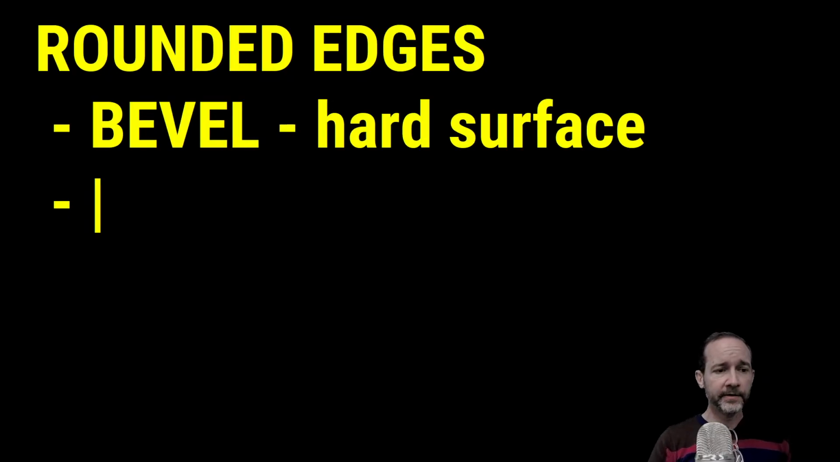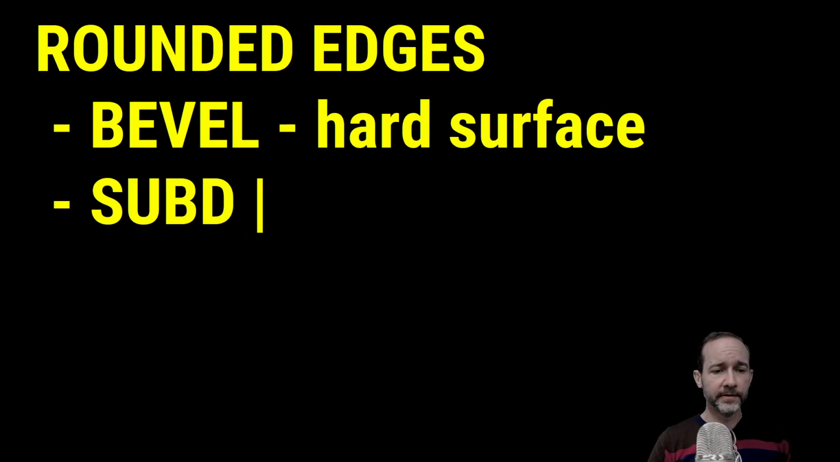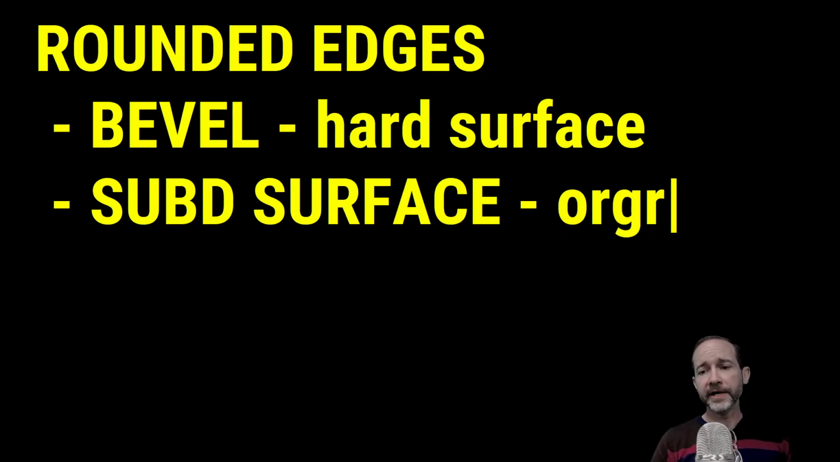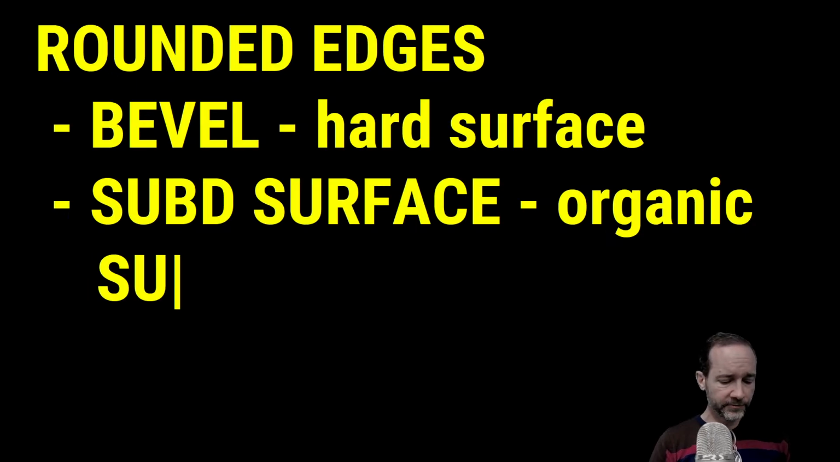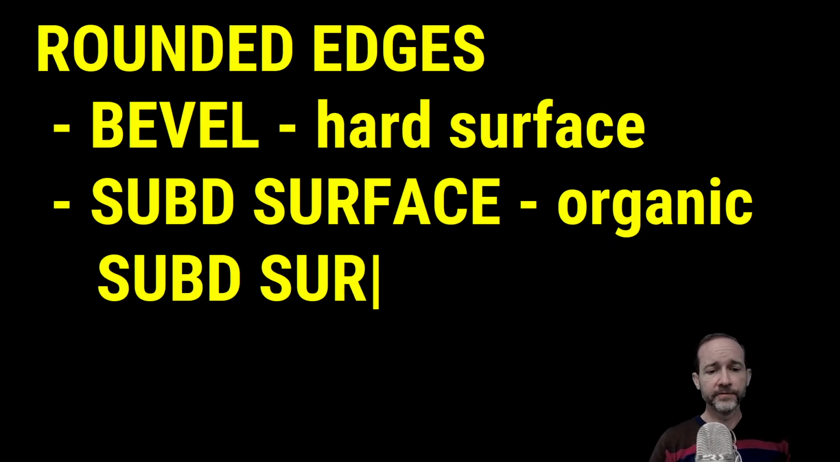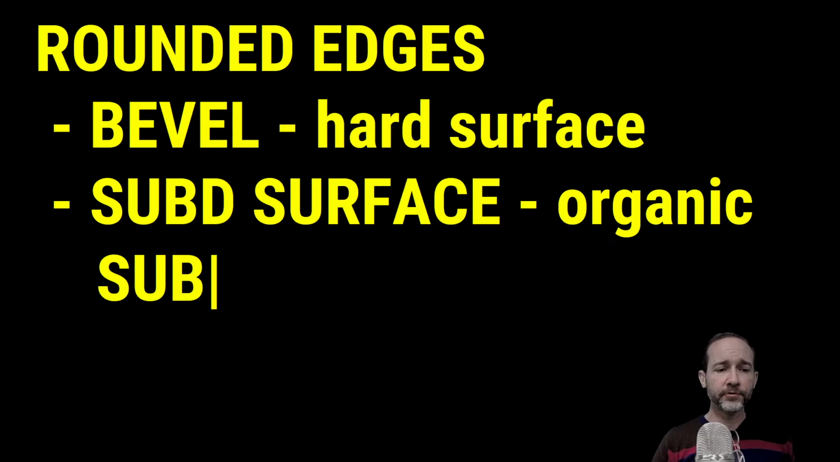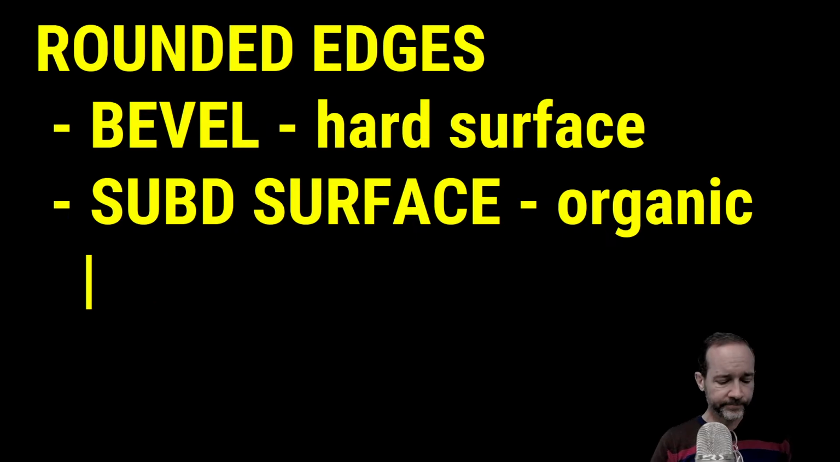The other way is the sub-D surface, subdivision surface modifier. And this is more of what's referred to as organic modeling. When you use the subdivision surface, it's usually just referred to as sub-D surface modeling, right? So hard surface modeling versus sub-D surface modeling. So as you're working here at the beginning,